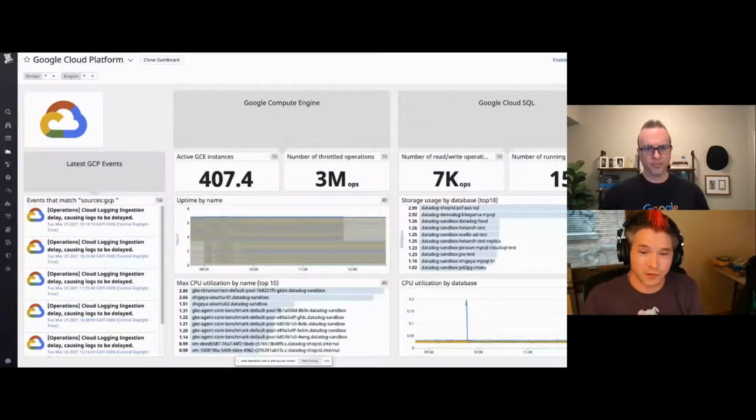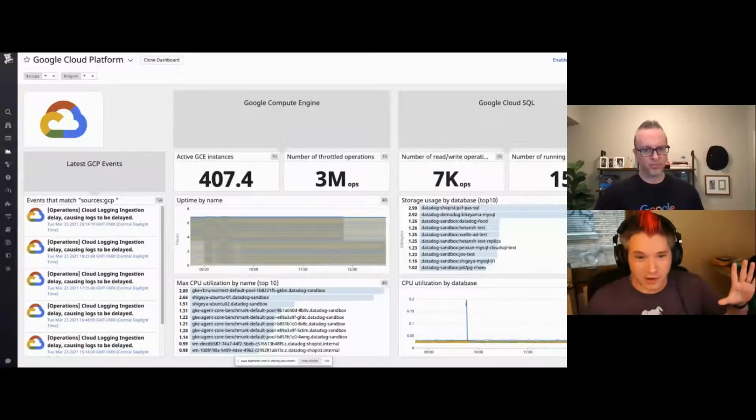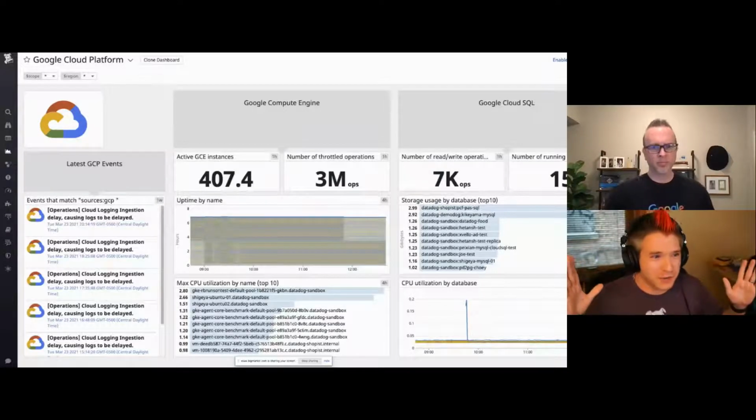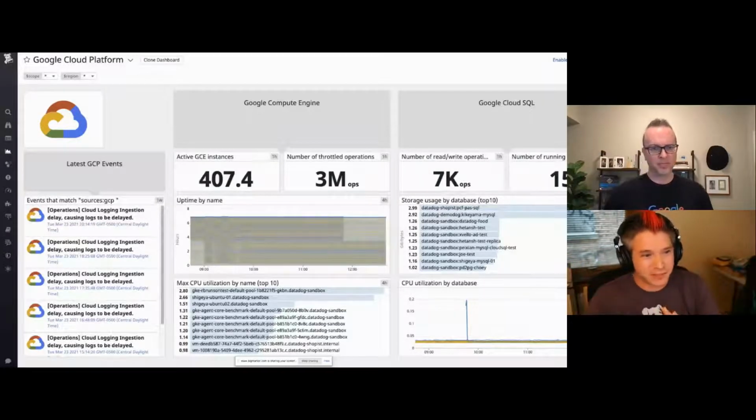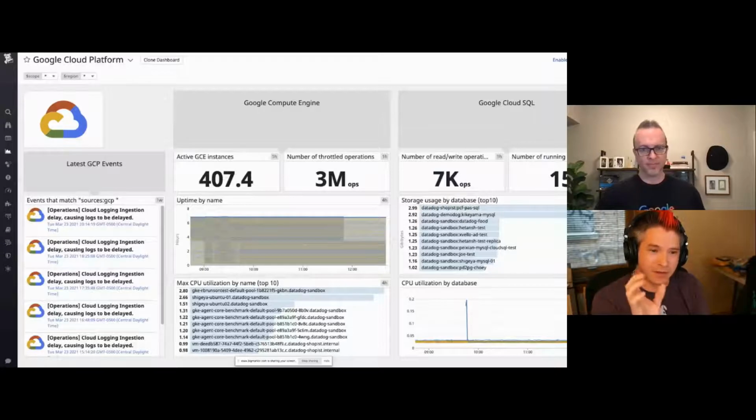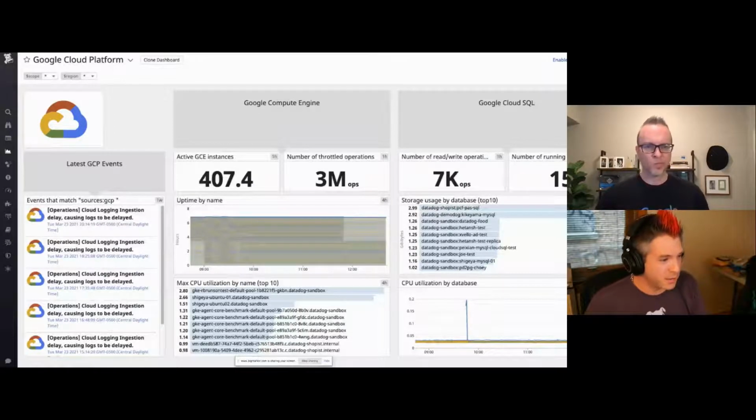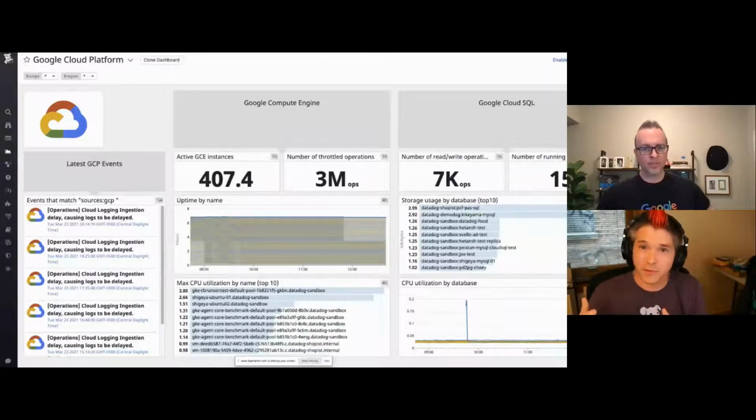So this is one of the first ones you might come across when you go through your Datadog dashboards list. This one is kind of GCP at large. This is like the 10,000 foot view, if you want to call it that. It's got everything that you would normally see there. It's got everything from the events in the left-hand side with the Google Cloud Console. So it's going to tell you about any sort of operational things it's doing. I would imagine for autopilot and stuff like that, maybe the decisions it's making might show up here, that sort of thing. And on the right is a much larger, like I said, 10,000 foot aggregate view,